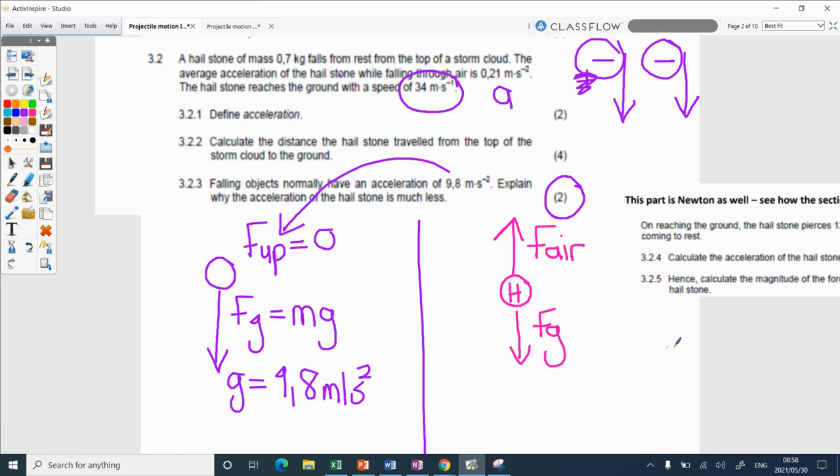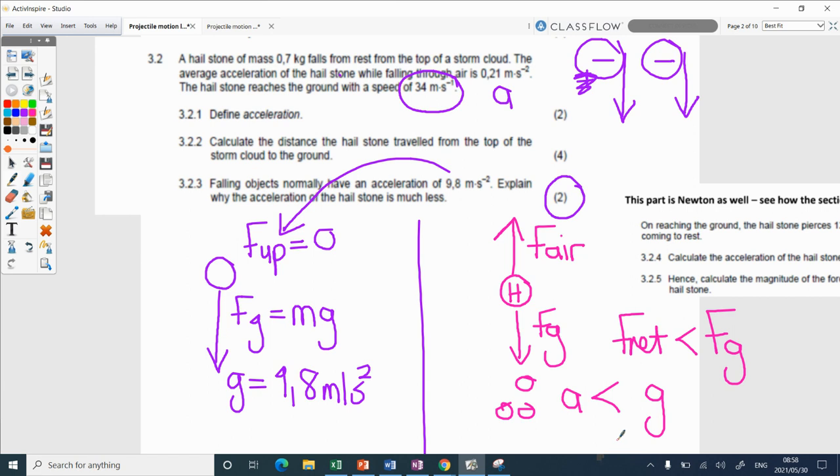Yeah, you can't just say because of air friction, because you need to say that the net force acting now is much smaller than Fg. To get the net force you have to say, and this is where you could ask it because you've done vectors, winning minus losing. So you're going to say Fg minus the air friction. So F net is now much smaller than Fg, and therefore acceleration is going to be much smaller than the gravitational acceleration. So if you did this for me, the bit in the pink, I would give you full marks